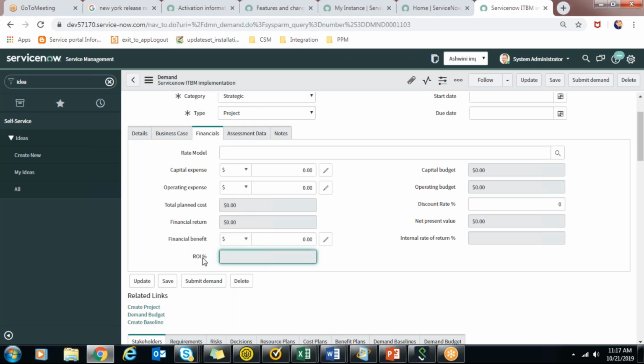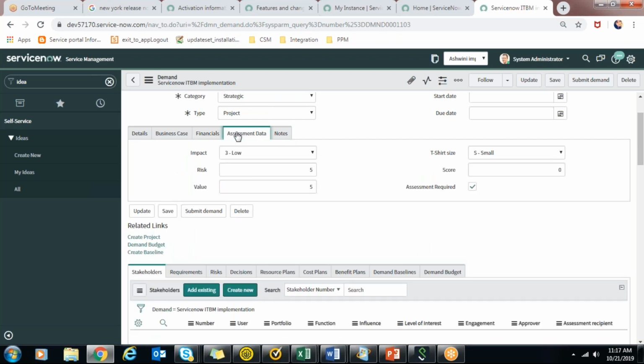So all these will give the stakeholders a clear idea as to financially how this demand is going to boost their goals of that year, or it is just a strategic goal that can be kept after some time also. So all these budget and net value, return over investment will give a clear idea while screening the demand.